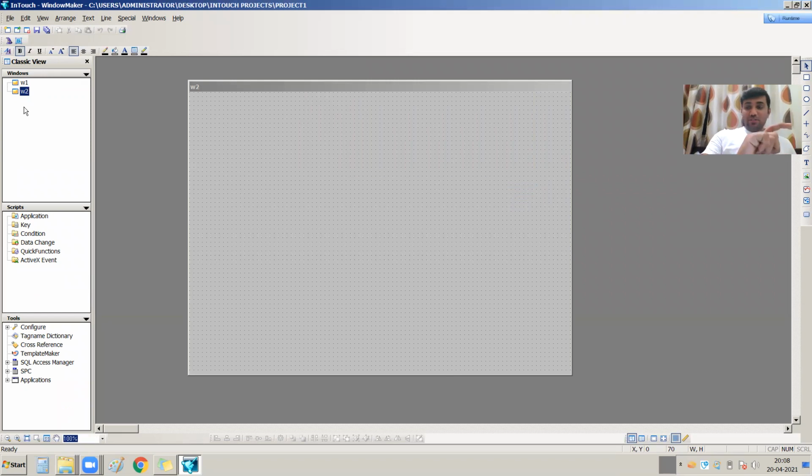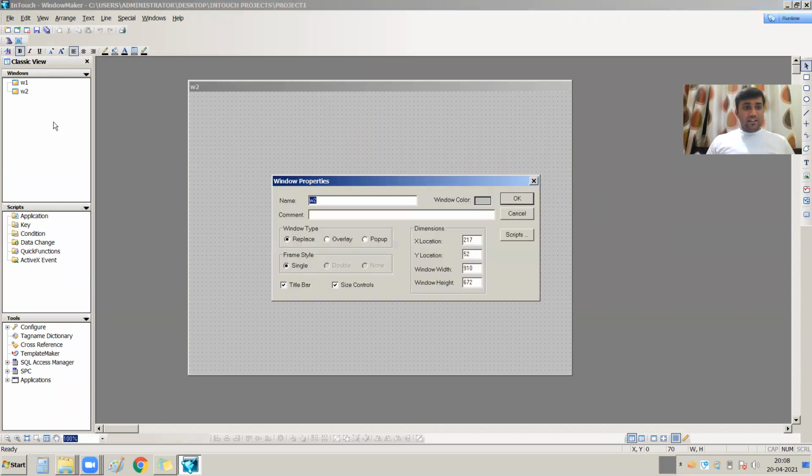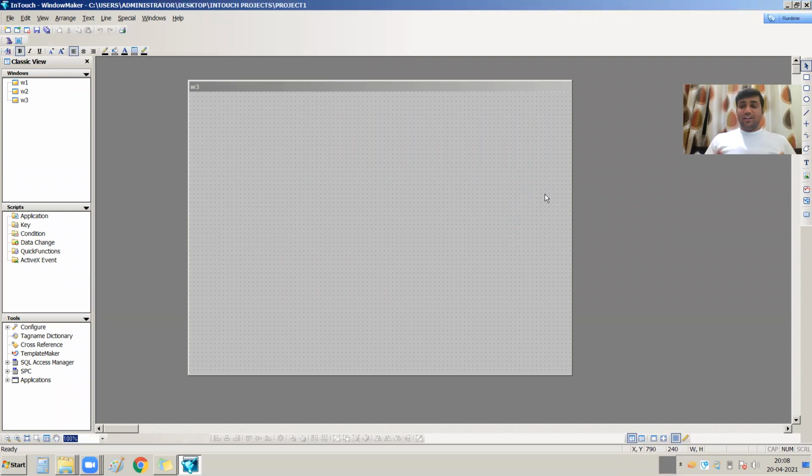So Windows is the area where all of your screens are listed. When I right click and press New, I create W3. So these are the windows listed in the Windows area.